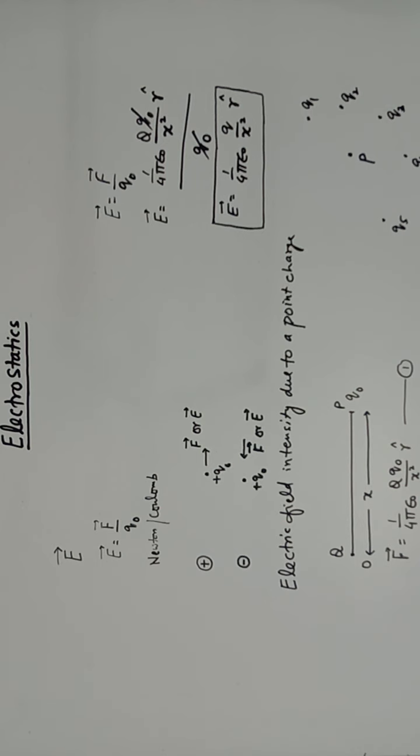Now, we have to find the direction of the electric field intensity at the point P due to the charge Q1. So, we join that charge to the point P and it is in the outward direction. So, the direction is this. E1 is along this. E2 is along this.